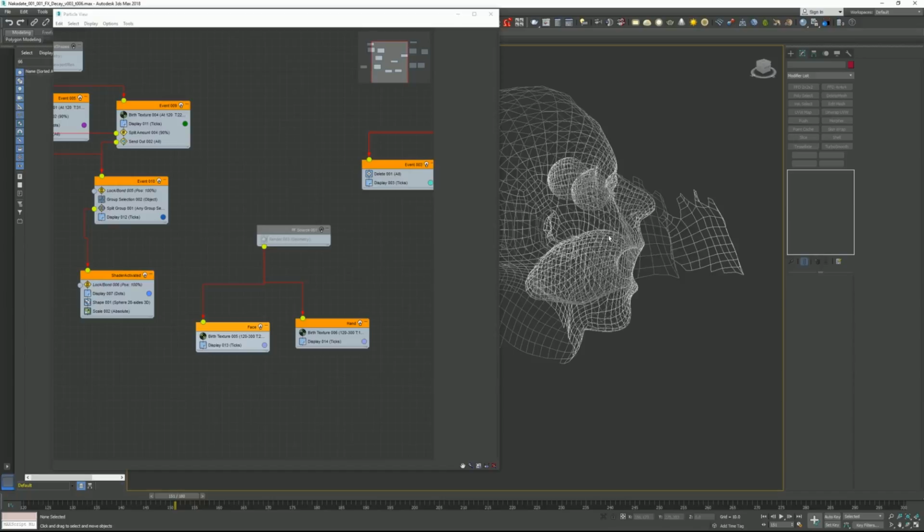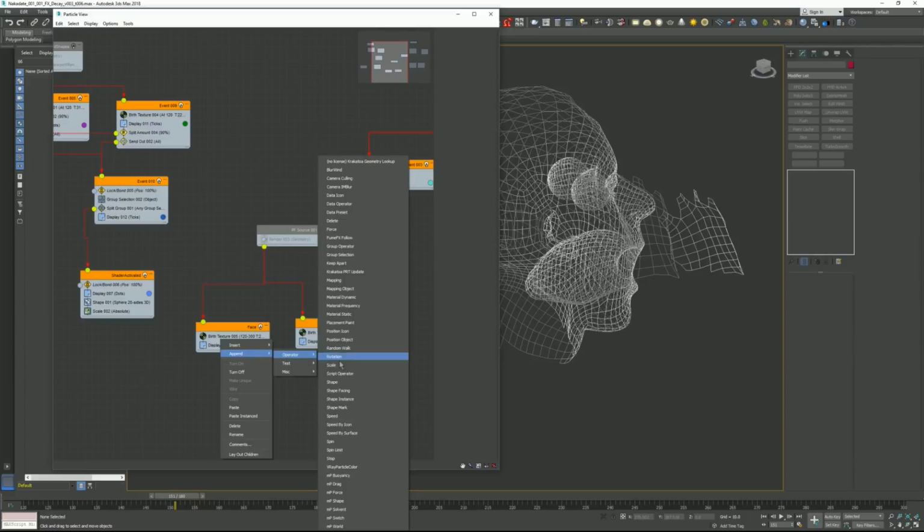Blob mesh is extremely slow. I love Frost from ThinkBox, but it's a commercial plugin. So if you have it, you can use that to generate the mesh, and that way it's doing a level set, so it's one mesh rather than generating lots and lots of volumes. But what we're going to do is we're just going to create a